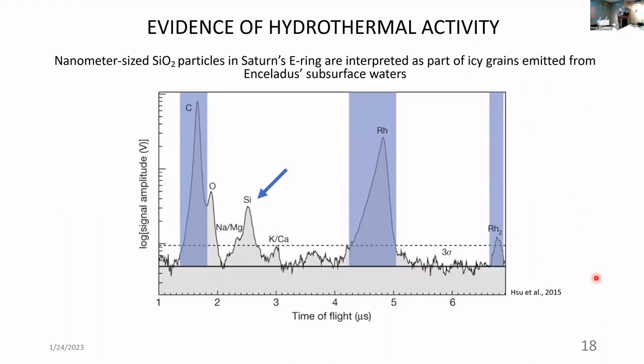Now, another thing that Cassini detected, this is another spectrum from the CDA instrument, are tiny silica grains embedded in the icy particles in the plume. Those silica grains are important because they tell us that there are processes happening in the ocean that produce those silica grains. There are not that many different processes that can generate pure silica. When you combine the gas composition of the plume, the presence of organic material, and especially the presence of tiny silica particles, what this is telling us is that there is likely ongoing hydrothermal activity at the bottom of the ocean, and that's producing those tiny